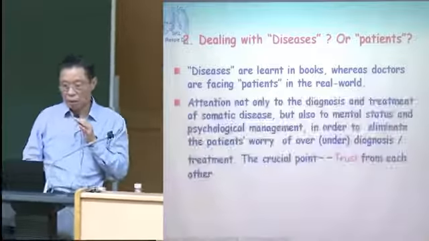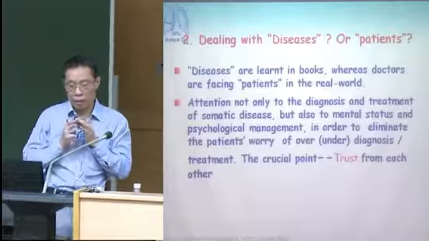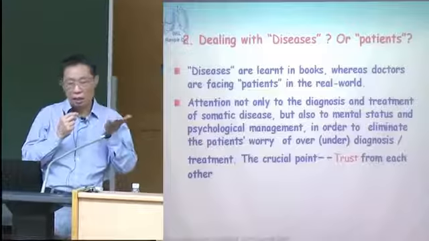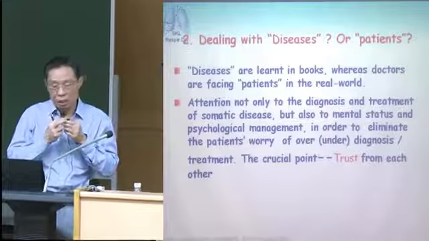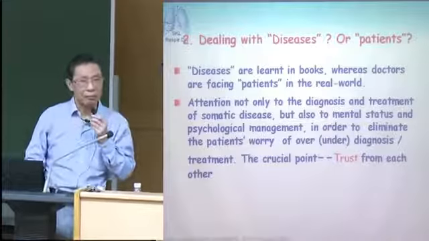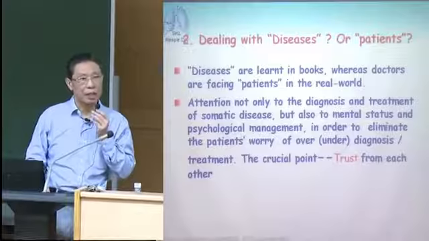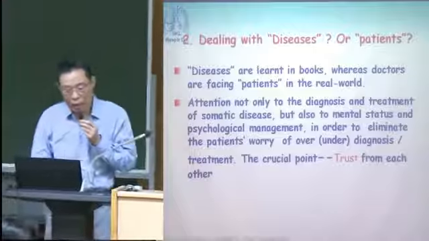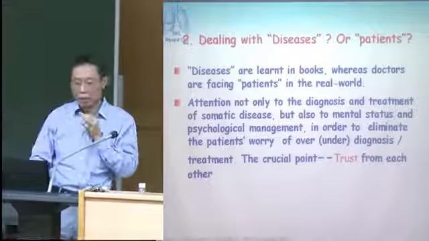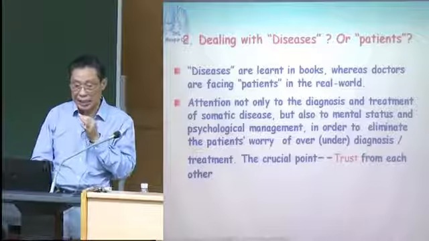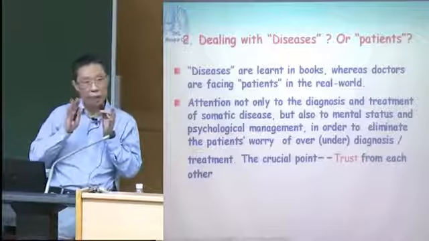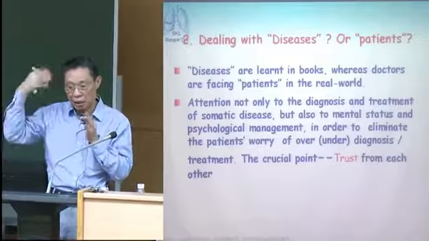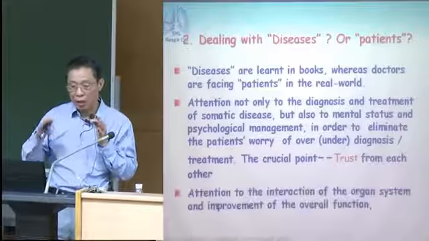In other words, attention should not only be paid to the diagnosis and treatment of somatic disease. Very often we meet, in particular nowadays in society, a lot of factors that come in and interfere with the disease. But also we have to pay more attention to this patient's mental status, and then psychological management,